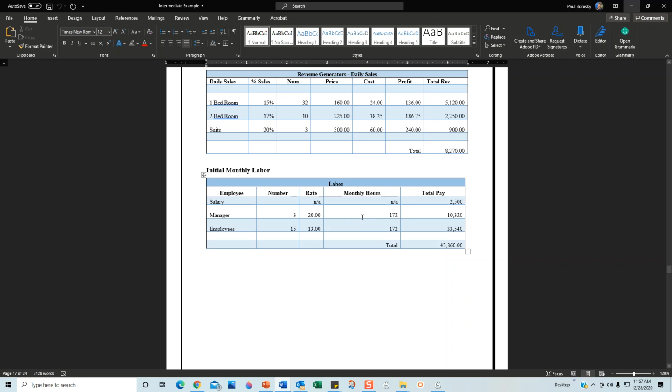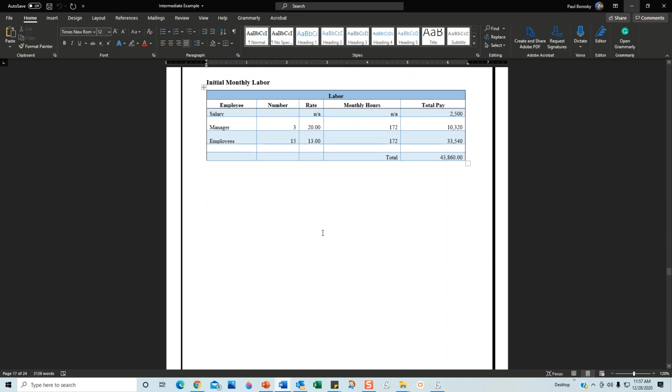So I like to just keep it short and sweet and make the assumptions for any taxes or benefits, and put that into the rate of pay. So if you're going to pay your employees $10 an hour, but the taxes are approximately 3% of whatever it's going to be, then bump up the rate of pay to $13 an hour to cover the taxes and Social Security and so on. It makes the structure a lot easier to use, a lot easier to read, and a lot easier to understand.